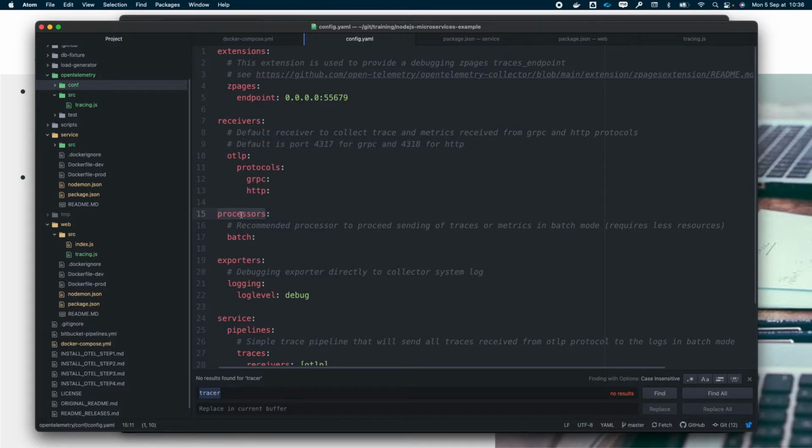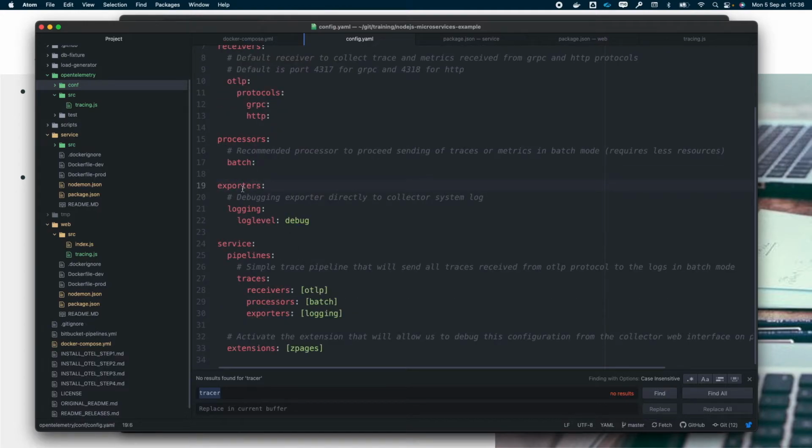Then, as processor, in order to transform our data, we will just use the batch processor. The batch processor is recommended for any collector because it helps you reduce the resources used by OpenTelemetry simply by not connecting each time you've got telemetry data that is received, but only by group of data or every few seconds. Here again, we didn't change any default parameter of the batch processor. That's why you don't see any additional configuration here.